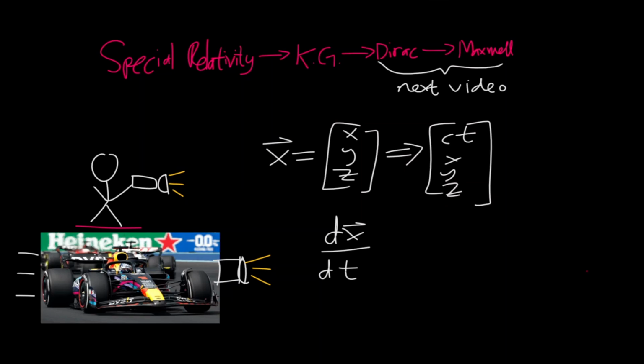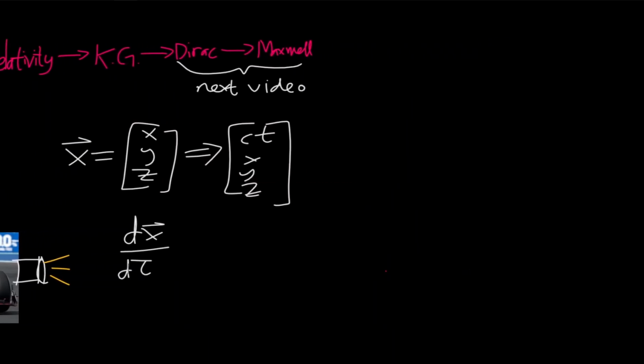So the idea of velocity, in this sense, doesn't really make as much sense, which is why instead we introduce the idea of differentiating with respect to proper time. So instead of differentiating with respect to just normal time, we're going to differentiate with respect to proper time, which is denoted by a tau. And now a very fair question is, what on earth exactly is proper time? Well, proper time you can think of as, like, the total distance, so to speak, that you're going in space-time,